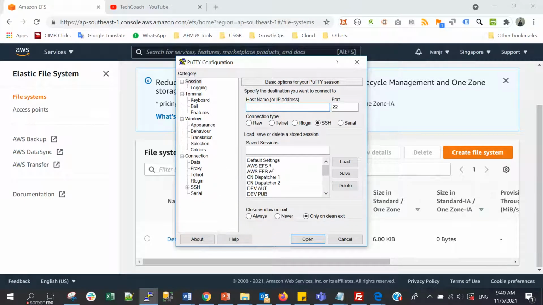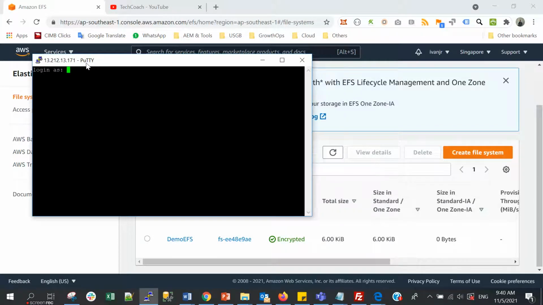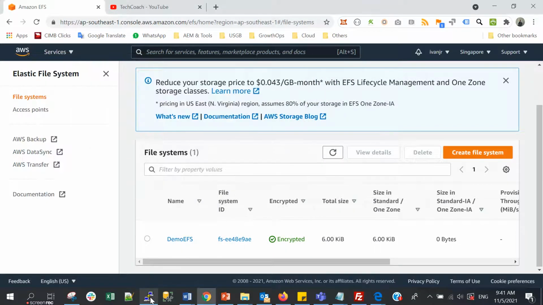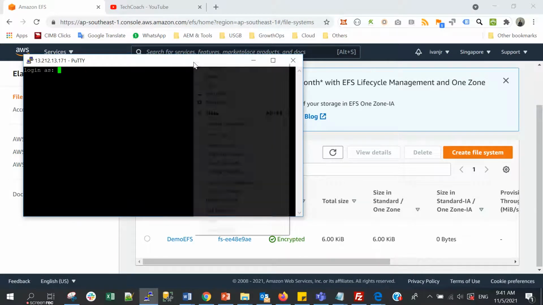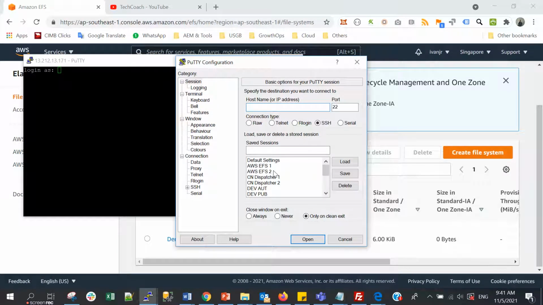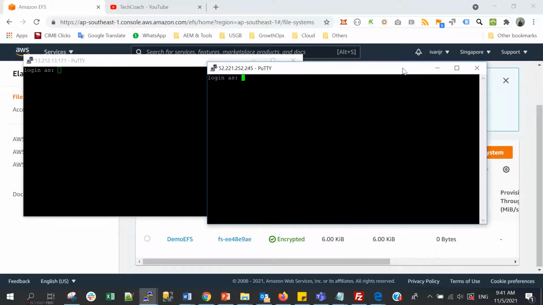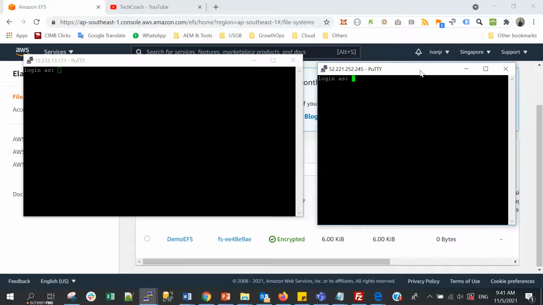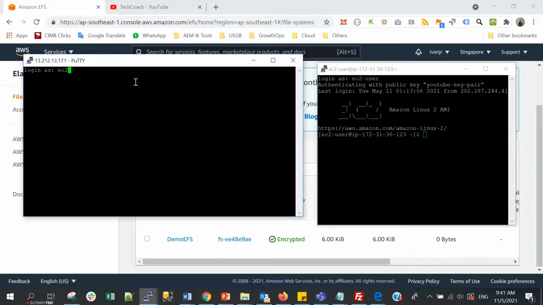Earlier I already saved my EC2 instances. So this is my first EC2 instance, and this is my second EC2 instance. Login as ec2-user here, and also ec2-user here.